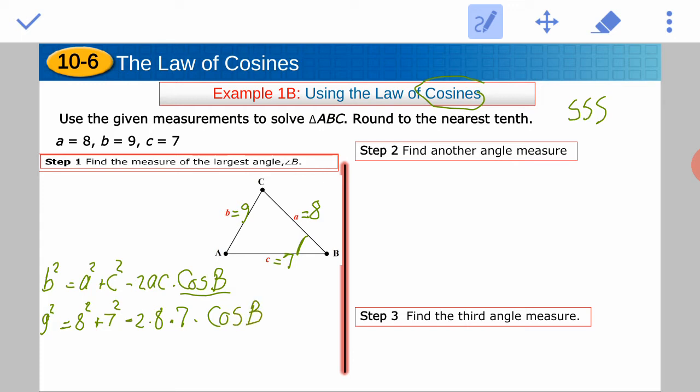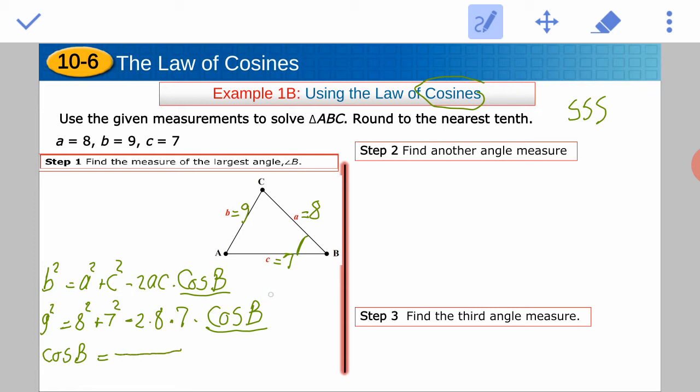Guys, you might finish this calculation in an easy way in one step and put everything in the calculator, or you may exhaust yourself by doing too many operations. You square, you add, you subtract, you divide, too many operations. Guys, I advise you to isolate cosine B in this way. Cosine angle B is equal to,